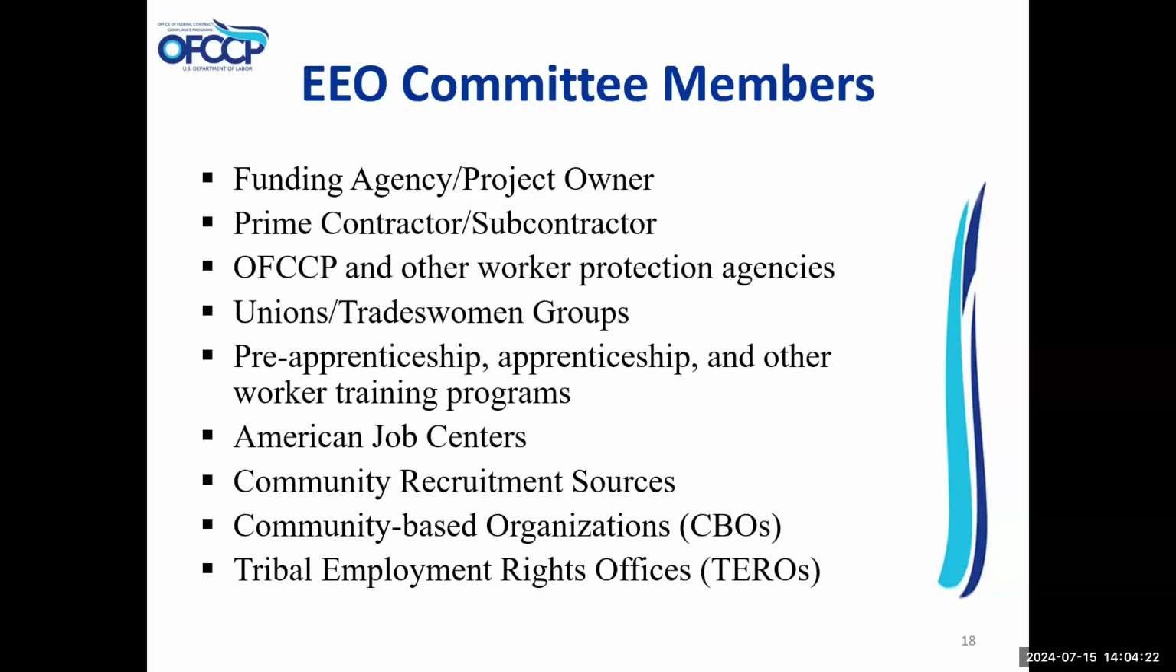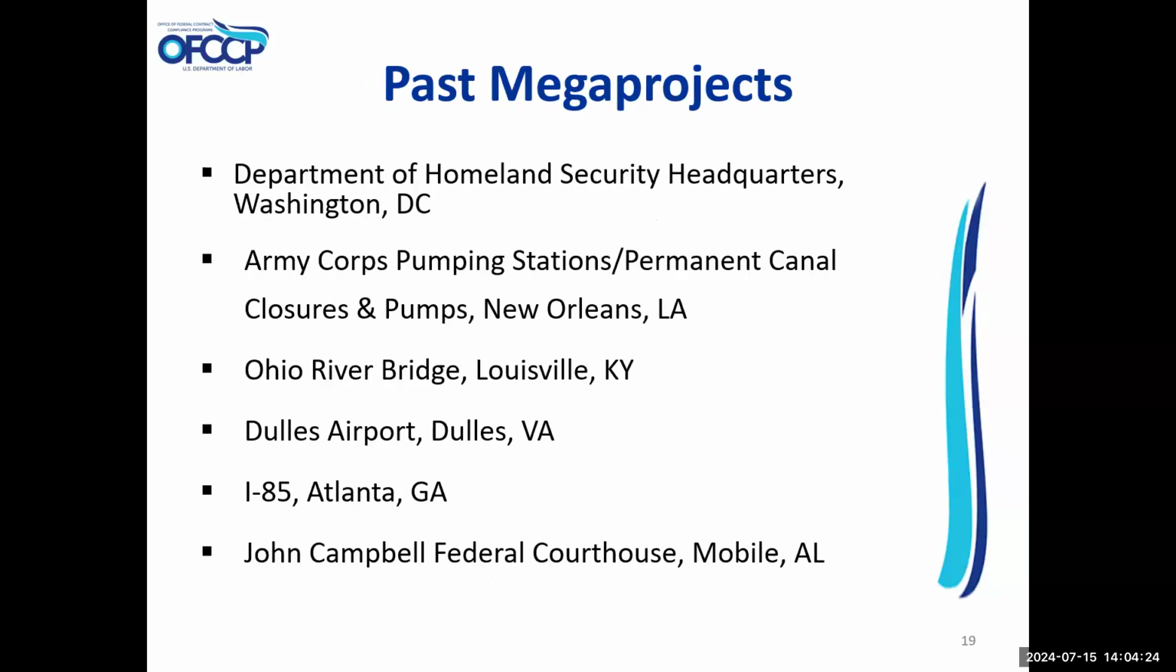Now we'll talk about past mega projects. In this slide, we have several of the projects that were successfully completed under OFCCP mega project programs. Let's take, for example, the John Campbell Federal Courthouse in Mobile, Alabama. This was a $100 million project completed in 2020. Some of the key takeaways of this partnership under OFCCP mega programs were